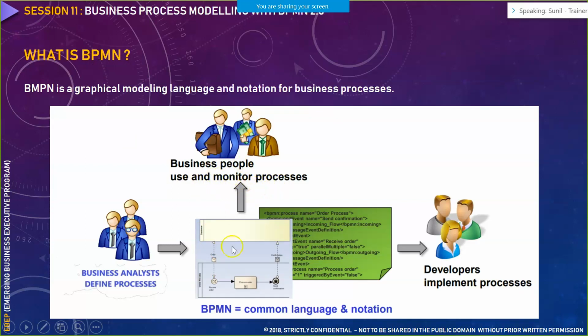They monitor the processes with the help of flowcharts, and they use the process in the system, which is essentially in the form of code. Business people don't understand code. They would always refer to this particular document which has been created by the business analyst. And business analysts, the same thing, they won't understand the code. However, they should be able to test out the functionalities which they have documented with the help of their business process modeling or business process flows. So this is a common language and notation for everyone.